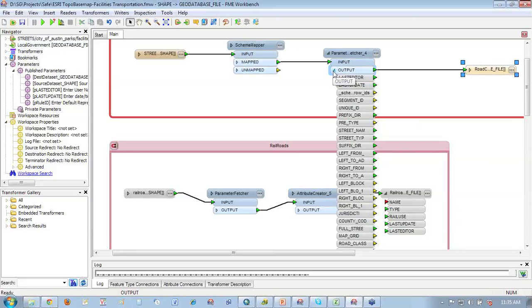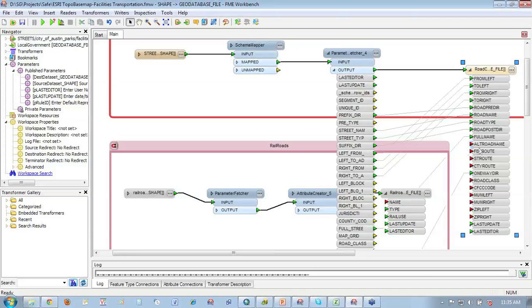So Steve, that red stuff, what does that mean there? That means that I'm not going to get any values there in the target feature class because I haven't mapped to anything in the source data set. And that's okay with you, I guess. Well, yeah, it's one of these exercises where you'd kind of like to have all of those values, but they just don't all exist in the source data set.